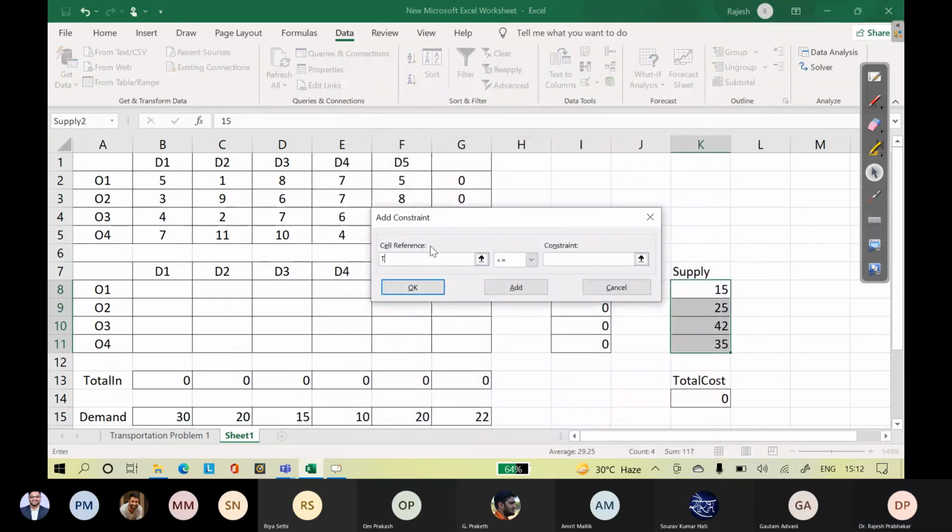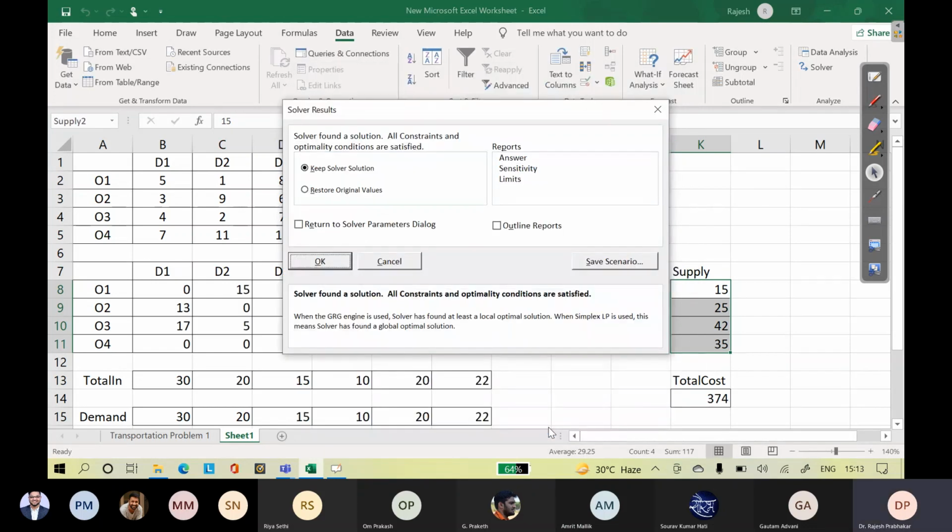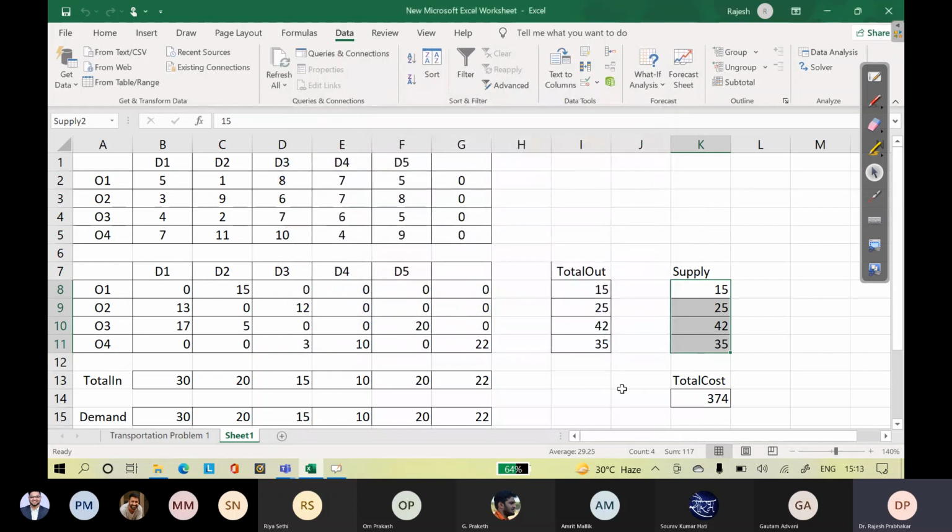Add: total into equals demand, then total out equals supply. Okay, simplex method, click solve. 374 is the answer.